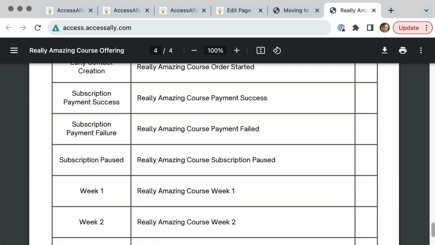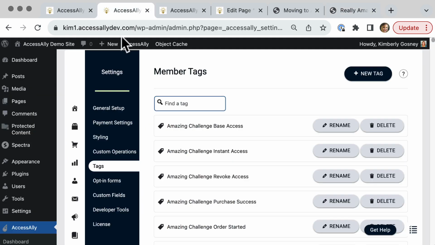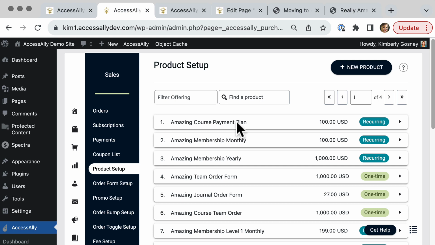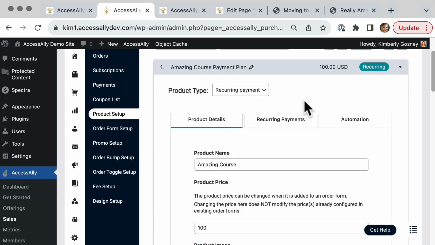This tag is used to pause a recurring subscription payment plan. Let's take a look to see where your paused tag might be in case you already have one. You can go to AccessAlly, click on tags, and type in paused to see if you have a pause tag for your course. You can also go to sales, go to Product Setup, find your product,